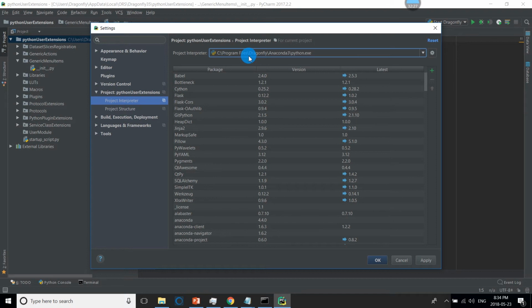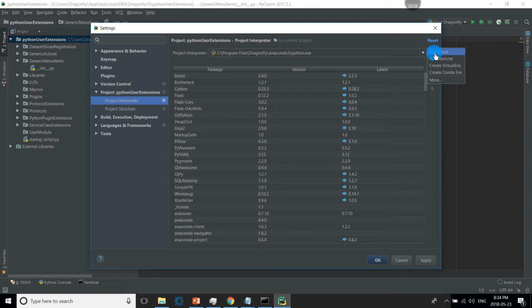And then in Project, you click on the project Python user extensions, and you click on Project Interpreter. Here for Python, please make sure that it's the Python inside Dragonfly.